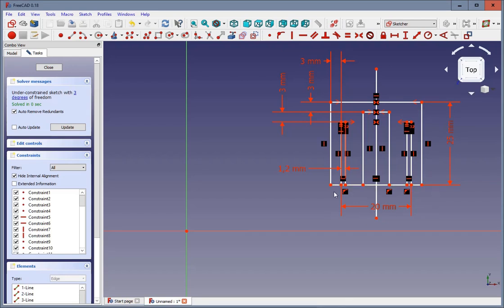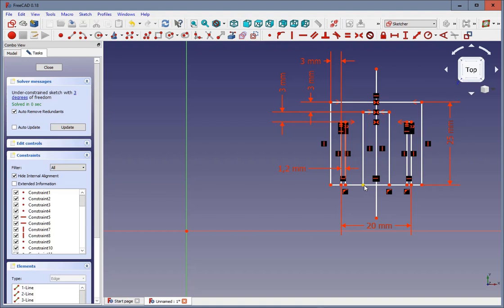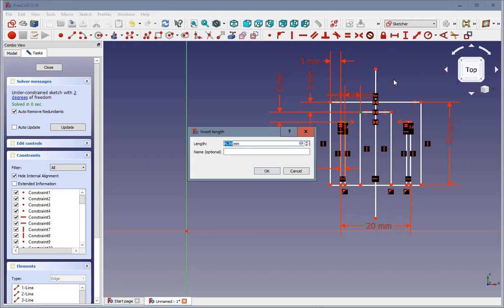We call this 20 millimeter constraint diameter tube, and yeah, this one still needs a constraint, so we want to have another 3 millimeters here as the thickness